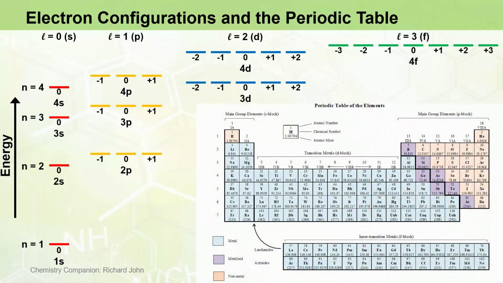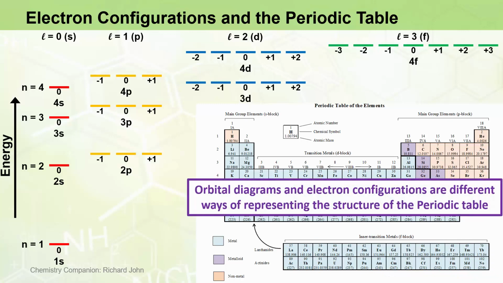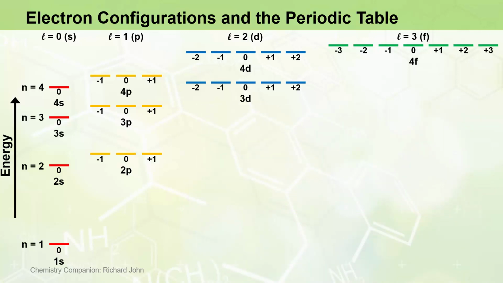What we are able to show is that the successive filling of subshells using the Aufbau principle matches the structure of the periodic table, and that the filling of S, P, D, and F subshells corresponds to elements in the S, P, D, and F blocks of the periodic table. In other words, orbital diagrams and electron configurations appear to be different ways of representing the structure of the periodic table. Let's examine this idea a bit more closely as we fill successive subshells in the orbital diagram for multi-electron